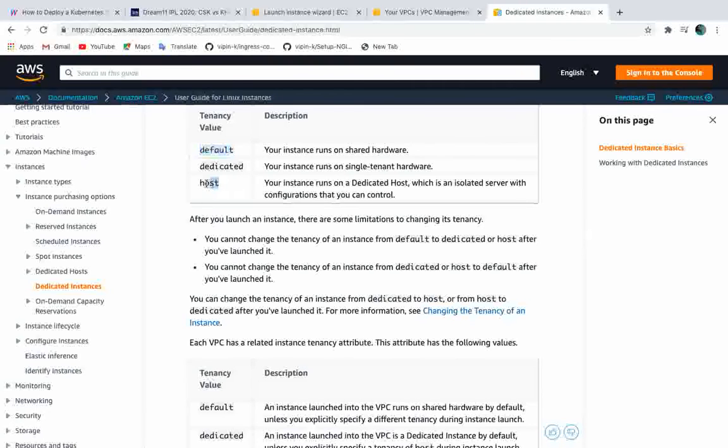Host means when you select host, nothing in your hardware will be shared. You will get your isolated server and you have total control. But it is costly, more costly than everything else.